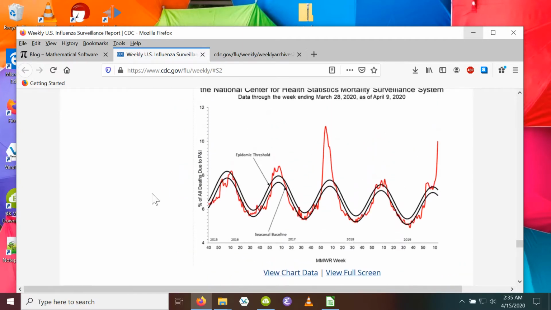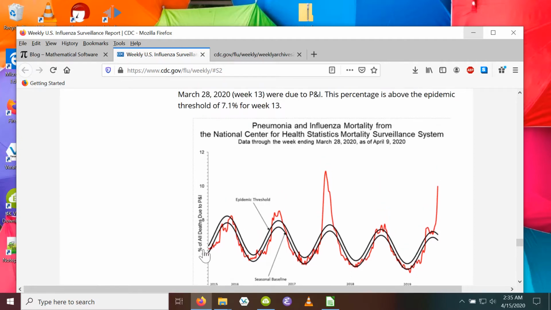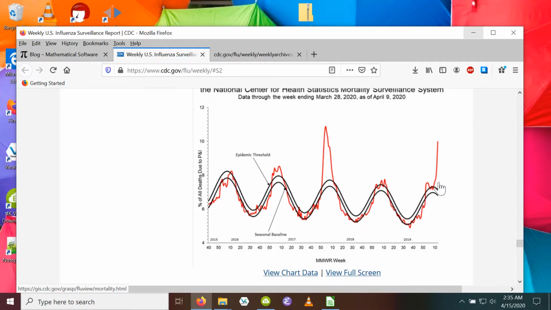So instead of showing you the absolute numbers, the thousands of deaths, they give you this percent plot, which, it's important to understand, is the percent of all deaths due to pneumonia and influenza. And that's the scary red line here that shoots up, and this is probably COVID deaths that are being misclassified, if you will, as pneumonia. Perhaps. Again, as I'll get to, there's reason to have a lot of doubts about the quality of these data and numbers, unfortunately. They should be very good for national security reasons. Okay, so this is where you click to get the NCHS data 14.csv. I already showed that.